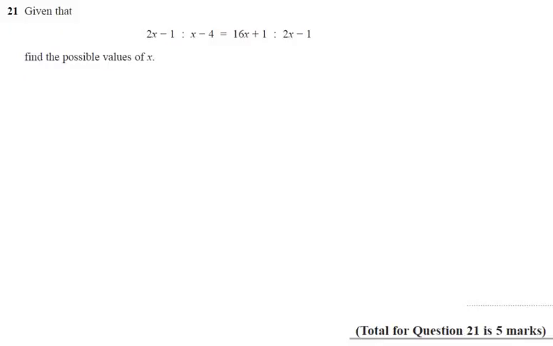Question 21. Given that this ratio is equal to this ratio, find the possible values of x. Now, I'll write that down in a simpler way for you. If I had the ratio of 3 to 4, and we know that to be 6 to 8, well then